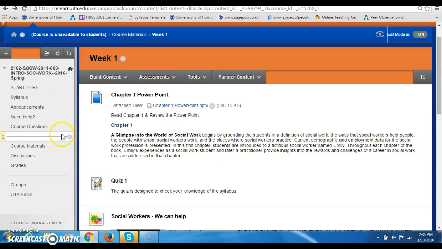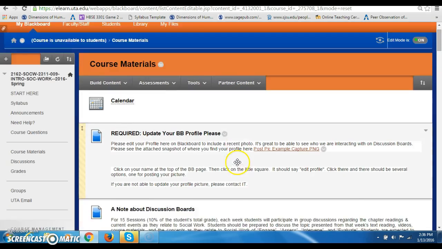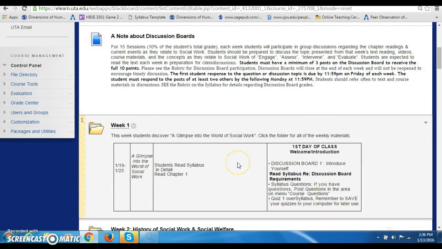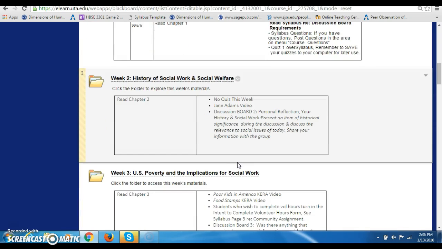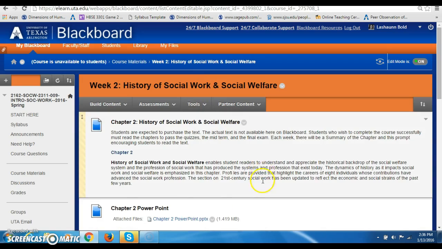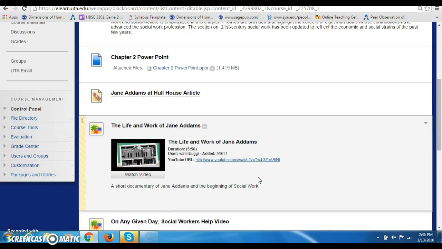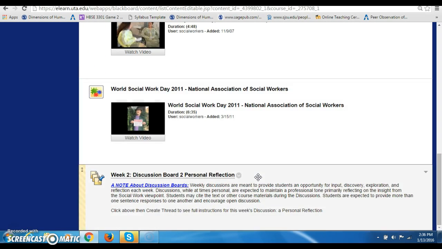I'm going to go back to course materials so you can see what that looks like. In course materials, there's week 1, week 2, week 3, and each time you're going to click on that week and you can find all of the things that you need there. So I'm going to scroll down